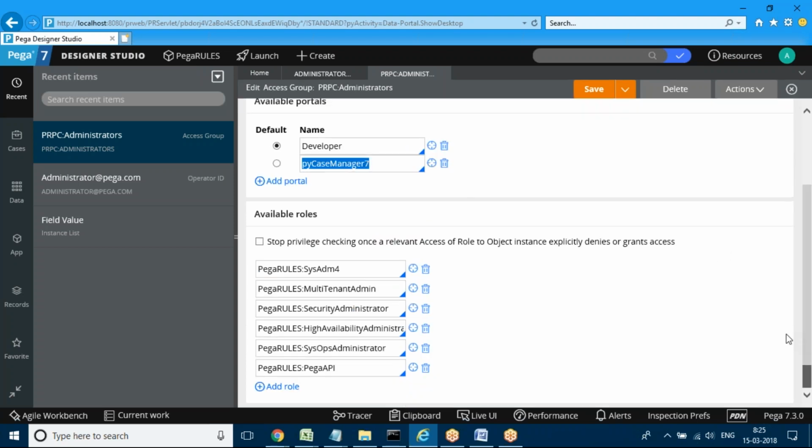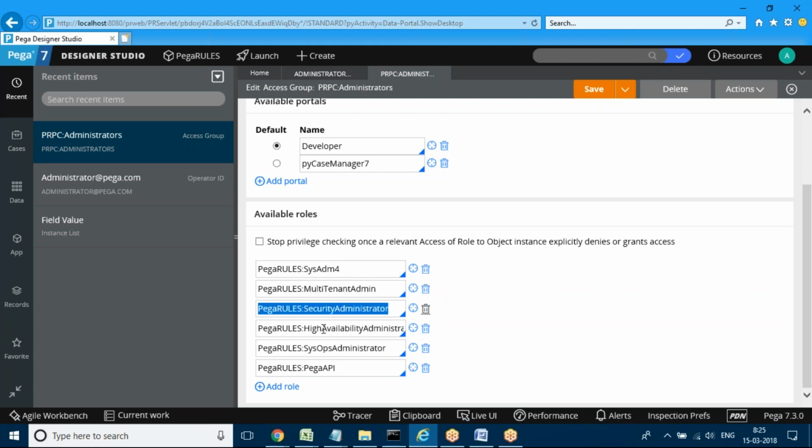And what are the roles here? I told you the application contains portals and portals contain roles. These roles are also predefined in Pega, and they will be added in the drop down. Depending upon seniority, if he is a normal developer, he will have only the sysadmin role. If he is a senior developer, the multi-tenant and security administrator roles will also be there.